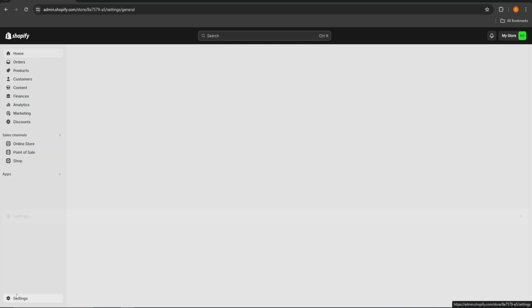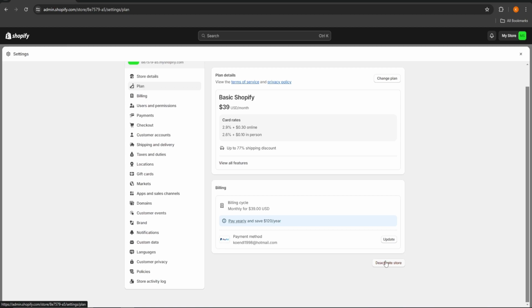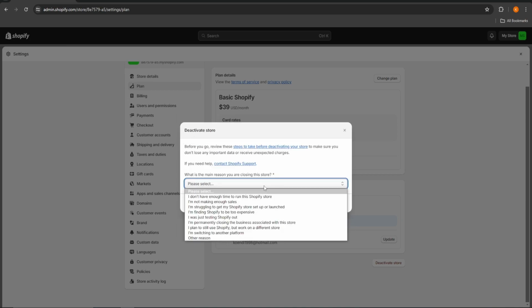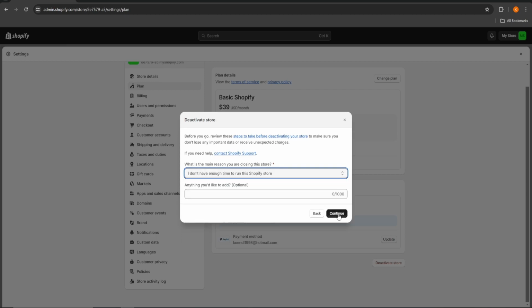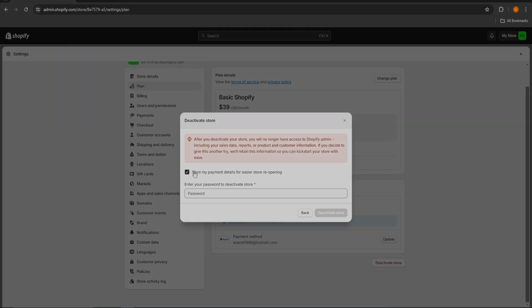To cancel your plan, go back to Settings and Plan and choose Deactivate Store and choose Pause and Build to keep on building your store. It will, however, not be online, so you can't make any sales. This option costs you $9 a month, or Deactivate Store to fully delete your store. This will cancel your plan, but will keep your store's information for 2 years. So if you want to go back and build it further within 2